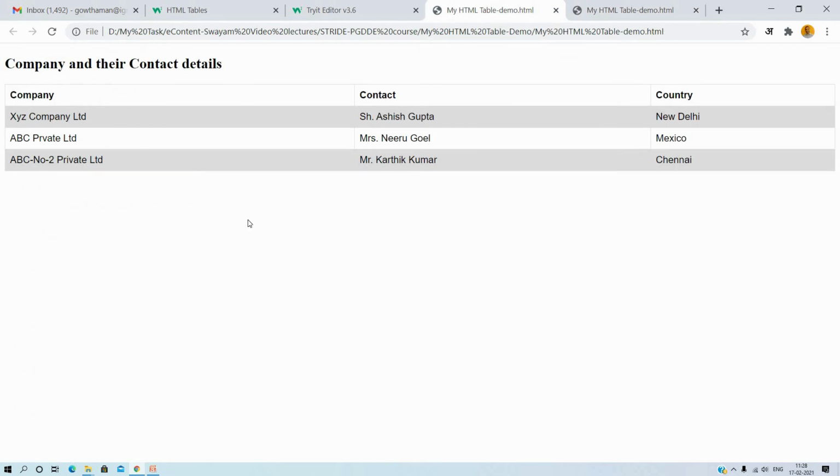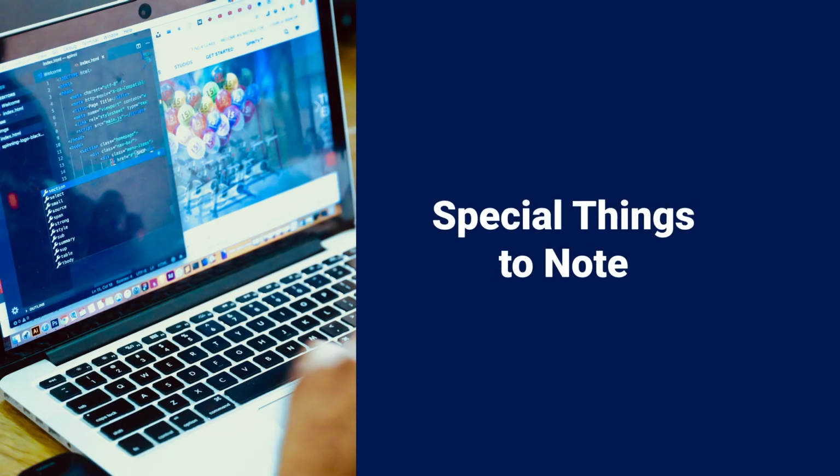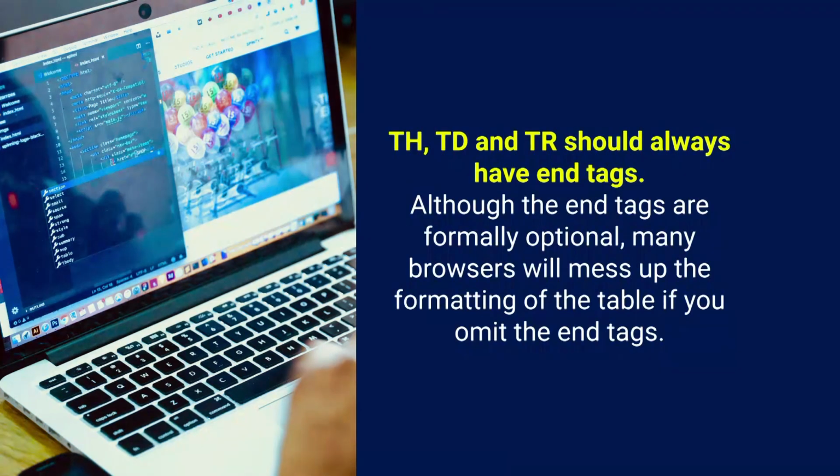Practice again and again. Some tips to note. When you are using TH, table header, table data and table row, you should always have end tags, because if you miss any end tag, the result may be incorrect. Although end tags are formally optional, many browsers will mess up the formatting of the table if you omit them.